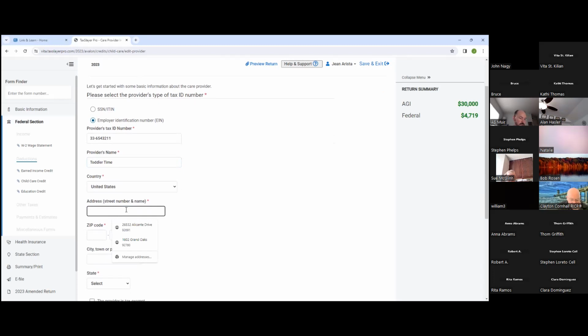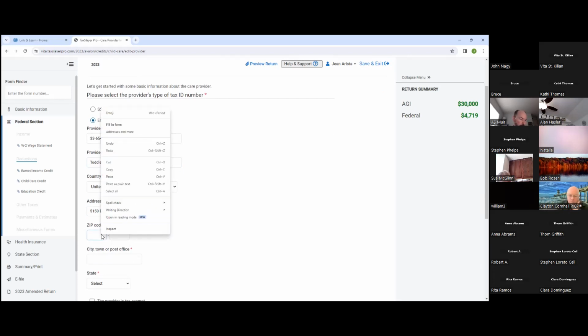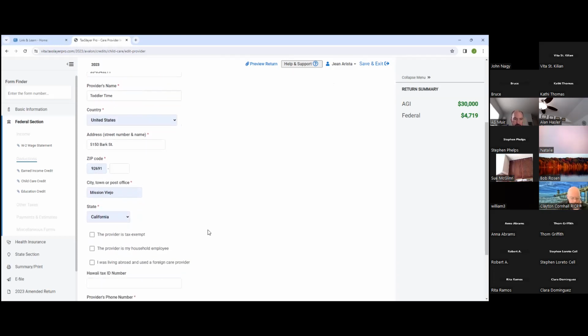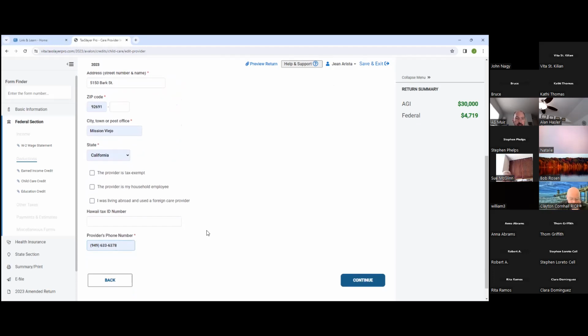And we've got an address here. And a lot of times what will happen is your taxpayer will come into the VITA site with a receipt from the daycare provider. And that will be your qualifying expenses. Okay, we've got that entered. And we don't attend to Hawaii returns, so you can leave that alone.